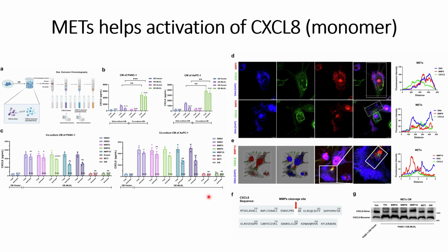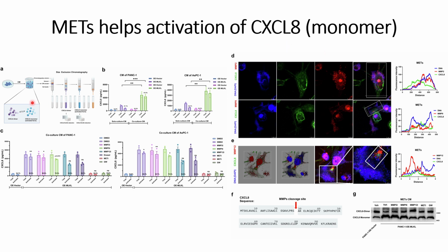So here they have discussed the results and tried to find out how this MET helps this cytokine CXCL8 that thereby helps in the metastasis of the pancreatic tumor cells. The hypothesis that they developed is that MET helps in the activation of CXCL8, and thereby those CXCL8 can lead to high ICAM expression on the pancreatic tumor